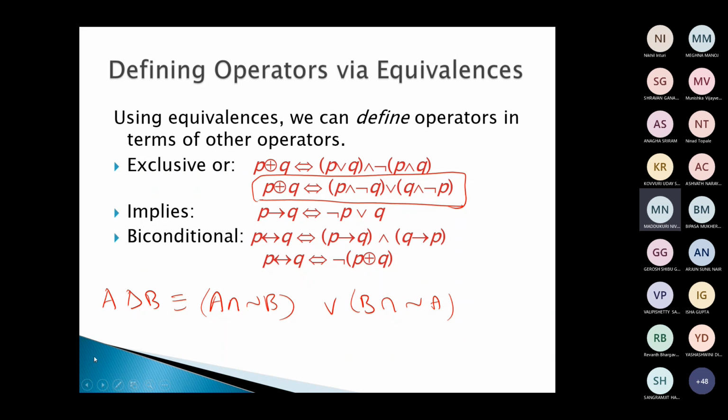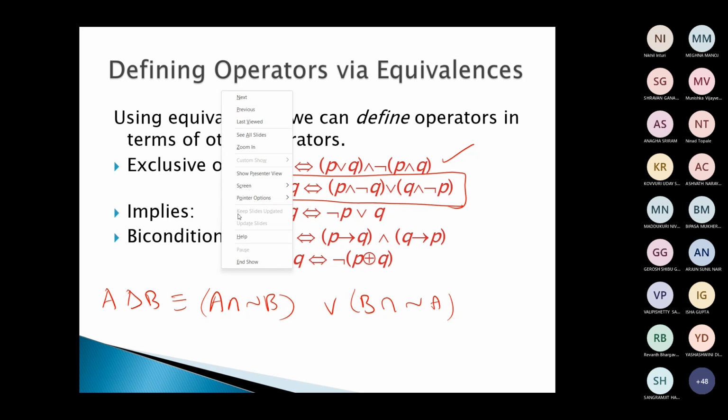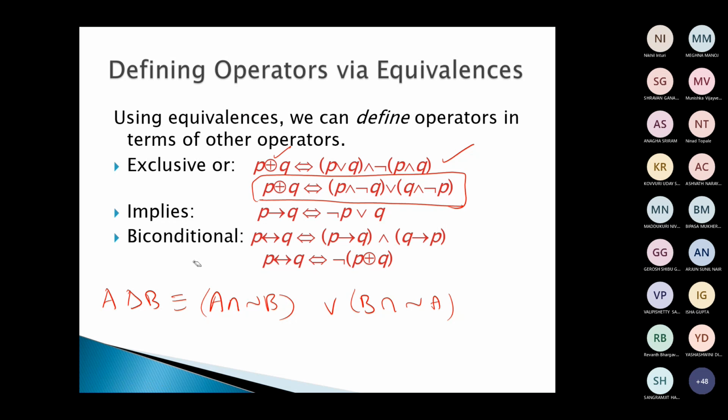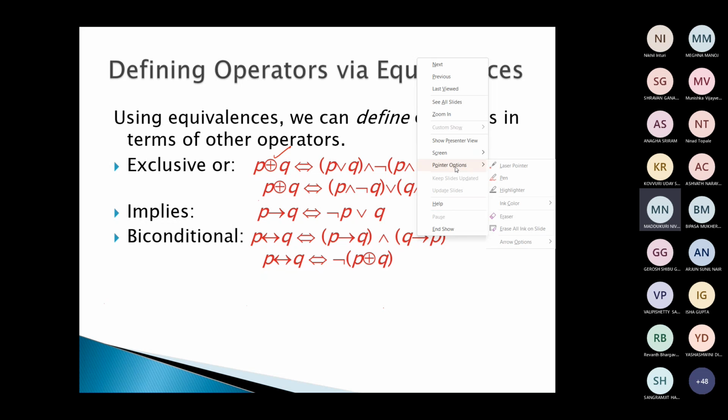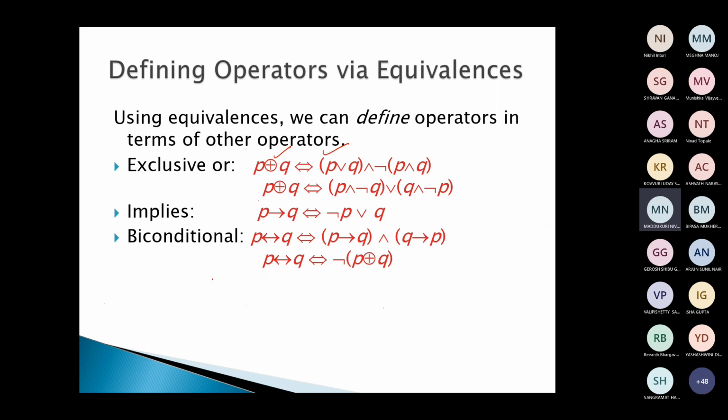Okay, leave it. No issue. You need not get confused. Just remember this thing. P, what is this operator? Exclusive OR. So P exclusive OR Q is equivalent to P OR Q and not of P intersection Q. Using set theory, I'll try to explain, I think you can better understand. It will be A union B minus A intersection B. Yes. That P exclusive OR Q is nothing but this portion.